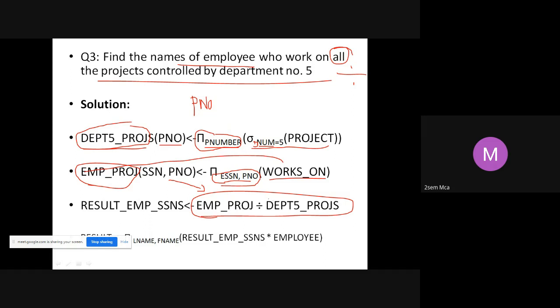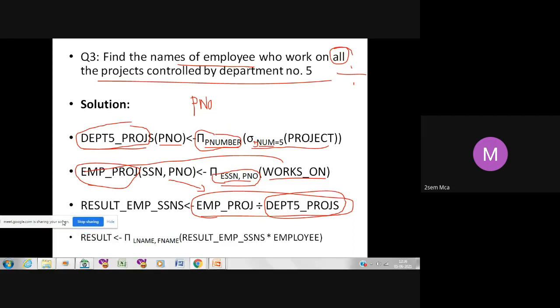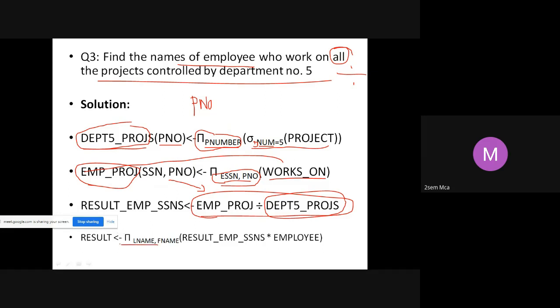And then you also have the projects which are controlled by department 5. Apply the division operation and then you will get the names of employees. Names, of course, you are removing later. Then you will get the employees who are working on all the projects controlled by department number 5.